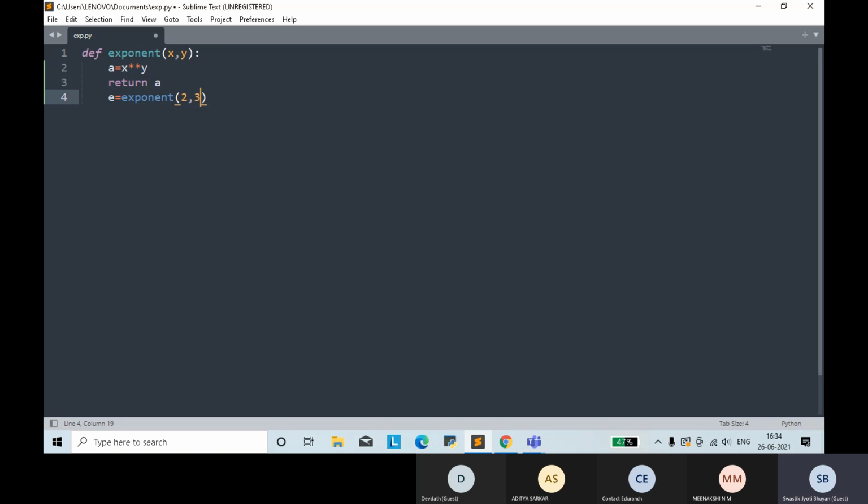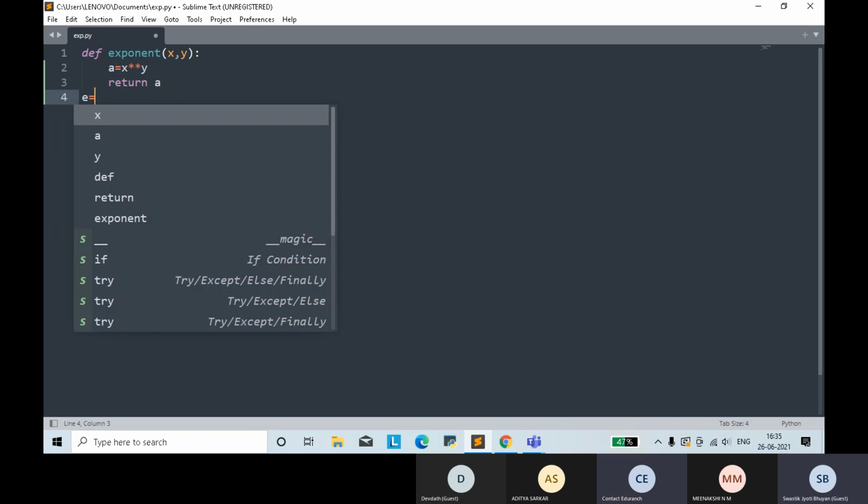Sir, is this correct? It is partially correct because you have to follow indentation. Once the function definition is complete, you have to come back to the first position in the line. Do backspace of this line. You have given indentation. Okay, sir. Backspace. Enter, backspace. Full backspace. Now write it here. Sir, the same line I have written. Yes, right.